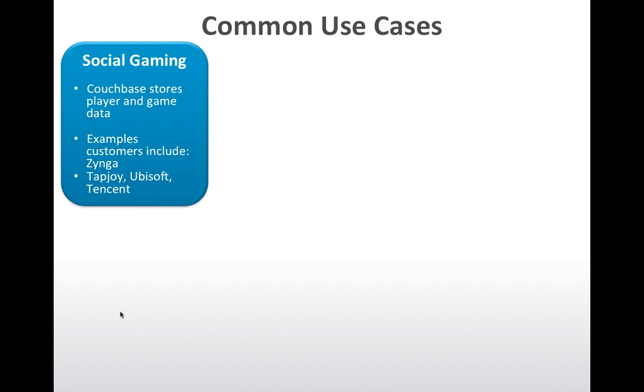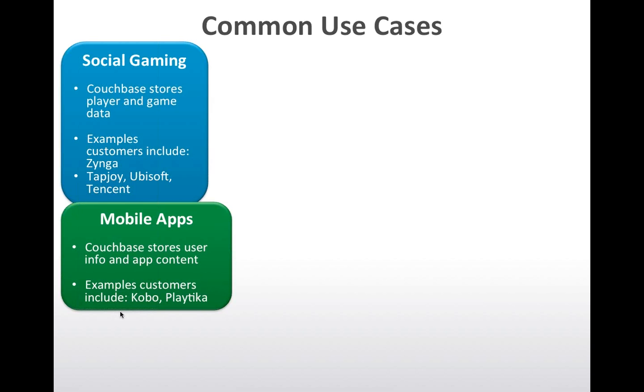So just as a reminder of some types of applications we have built with Couchbase, or our community and customers have built: social gaming, to store player and game data; mobile apps, so you have a backend that is storing the application content. You probably saw last week that we also announced a more global strategy for mobile, to have not only the cluster on the server side, in your back office or on the cloud, but also provide the same NoSQL JSON-based database inside your mobile and provide the synchronization, because mobile is a big success for NoSQL databases.